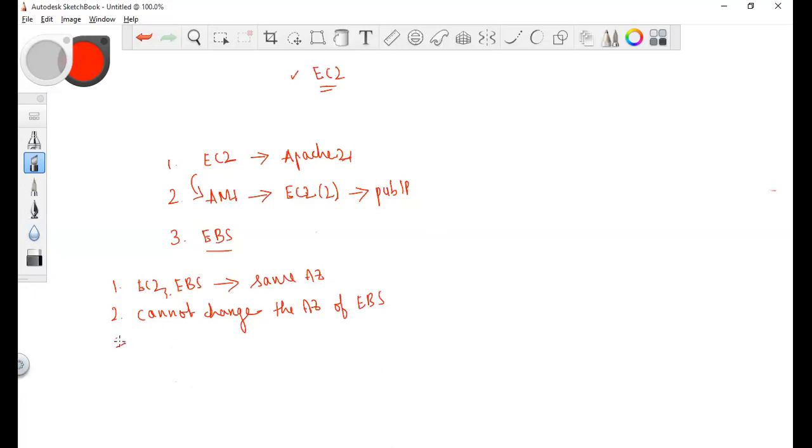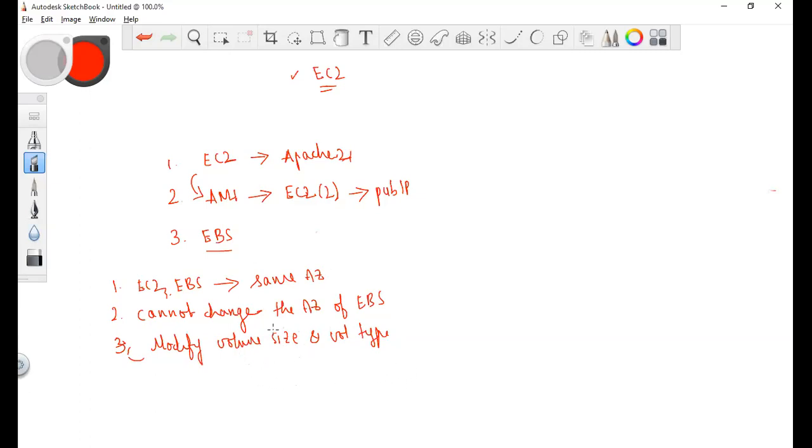But you can modify the volume size and volume type. Maybe if you are using general purpose, you can move to provisioned IOPS or throughput optimized, cold or magnetic, whatever it may be.